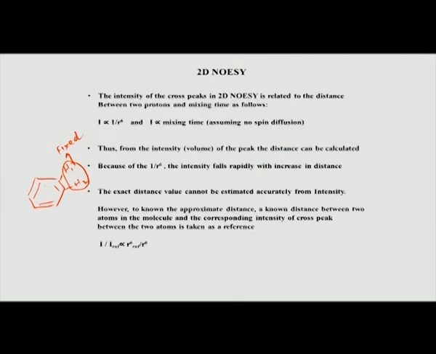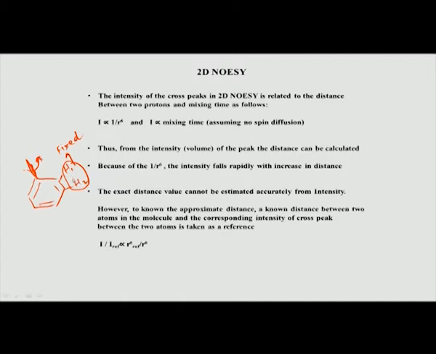an axis; this is the axis of rotation, typically in any aromatic system. This rotation will only change the distance between this hydrogen and some other hydrogen, but between the two hydrogens marked here, the distance between H1 and H2 is fixed even if there is a rotation. So, if I know the distance, how will I know it? We know it from standard geometry or structure of any aromatic molecule.